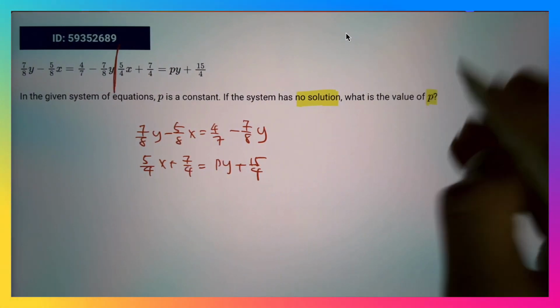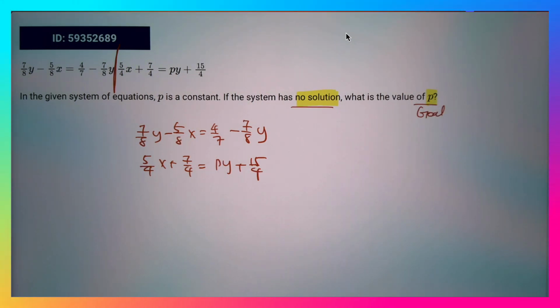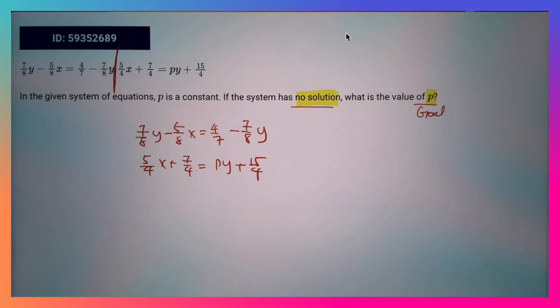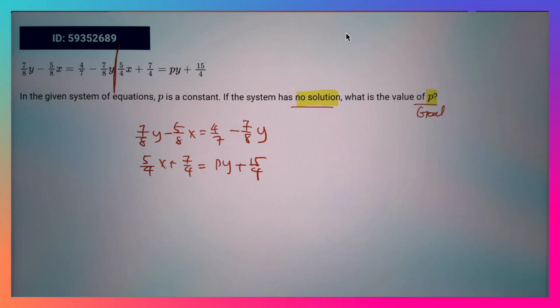Okay, so this is our goal, and this is the critical information we need. If you saw my last video, or many lectures, I talked about how no solution means that the variable expressions will be equal, but the numbers are not going to be equal. Okay, so we will first simplify